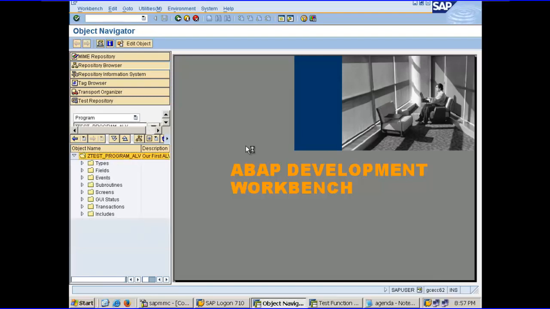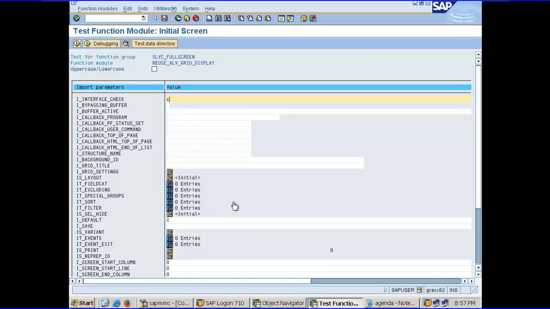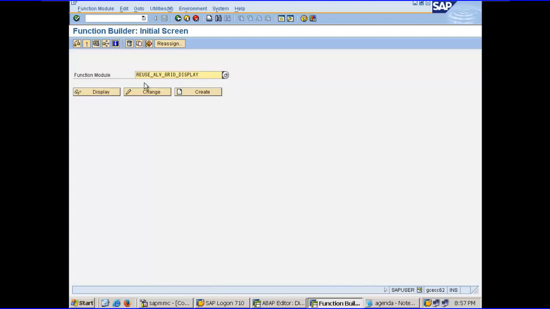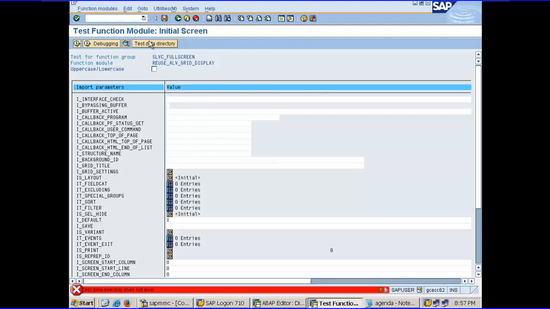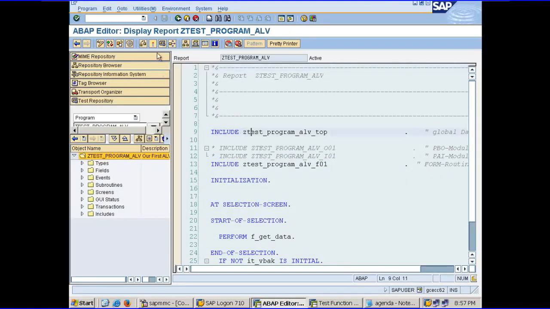So, if I go to this program which we created some time back, you can see that if you go to SE37 and do an F8 here, it will execute this function module. Whatever data you give here, you can just save, and it will be saved as a variant, just like we have in reports. For example, if you see a selection screen here,